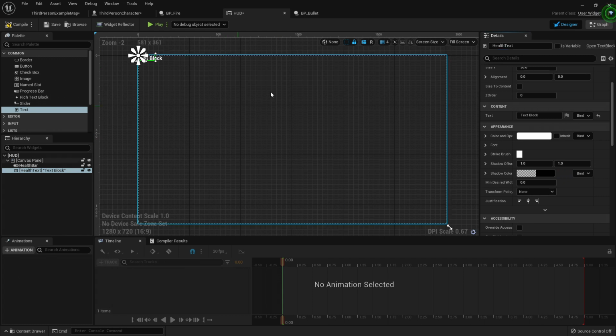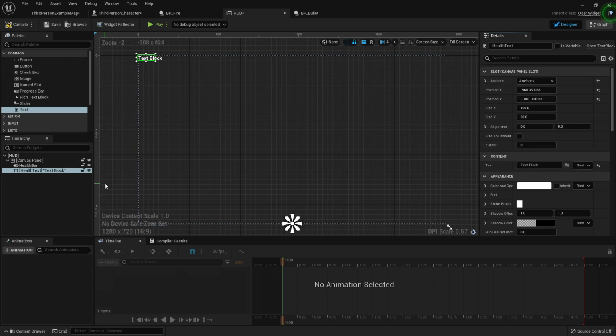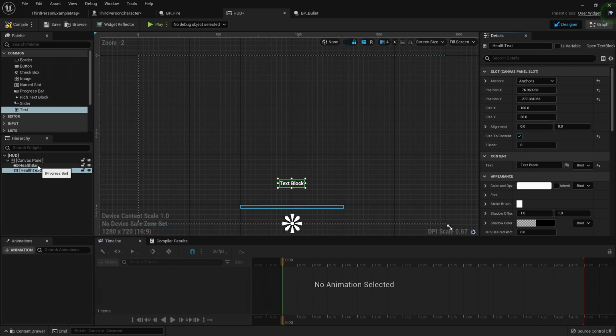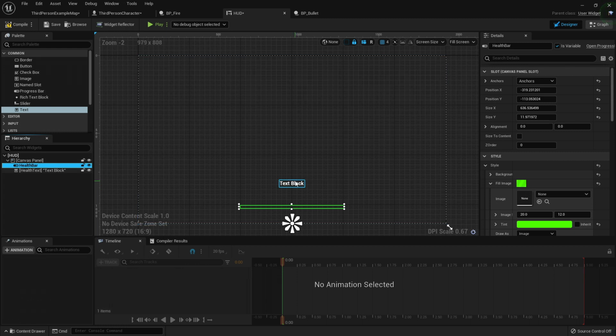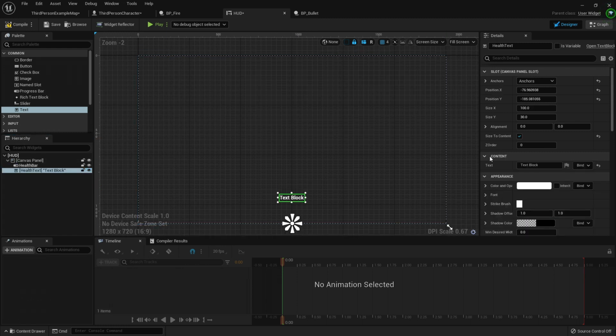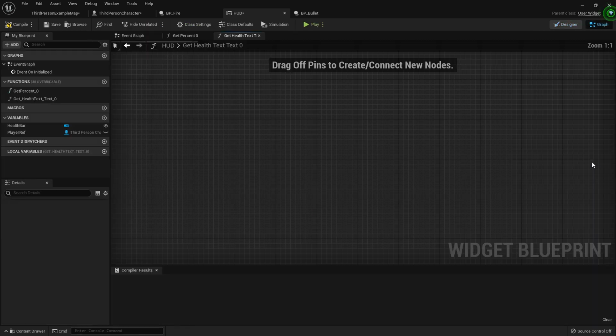Makes more sense. So what we'll do is anchor this down the bottom middle as well, and we'll drag this down. We'll click size to content. Where's my health? There's my health bar. So say I put this right above it or something. What we can do then is click bind on the text here. Click bind, create binding,